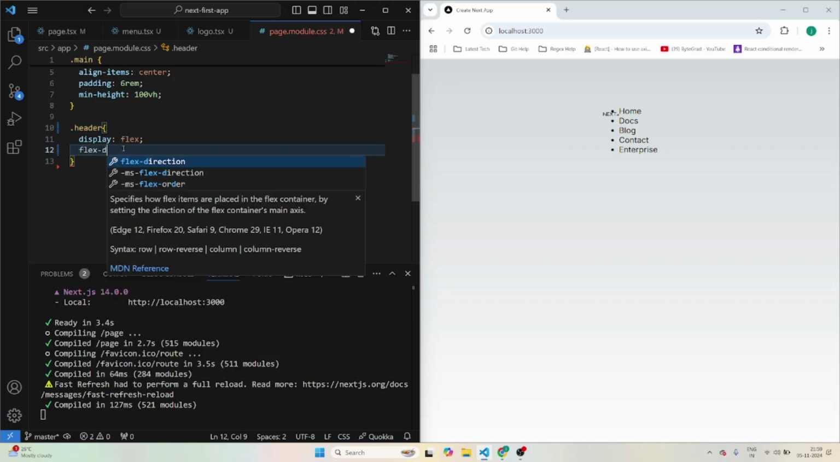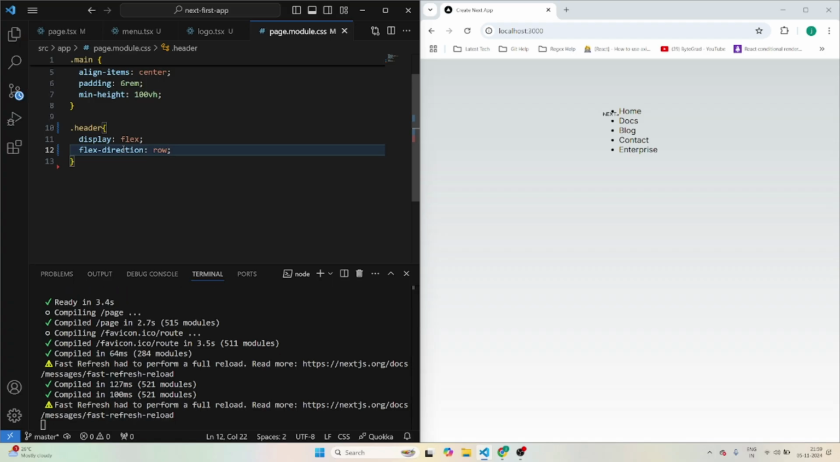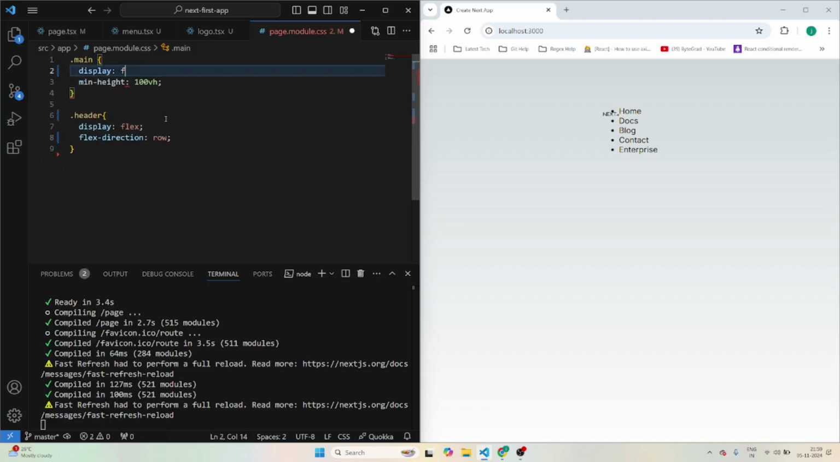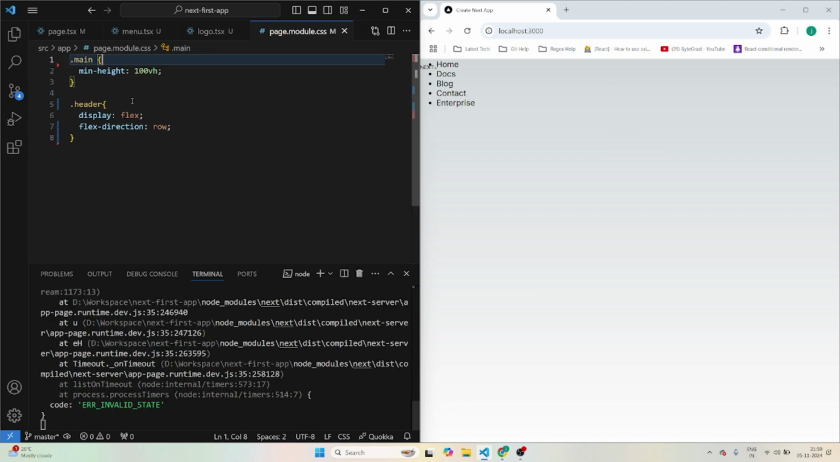I'll add a flex direction too, which will be row. I'll save this thing, right? Maybe we can add some padding. Okay, I'll just remove this from the main. Just keep the min height. I'll just remove this thing, and the display also is not required at the moment. I remove those things. Okay, so now this thing goes there,